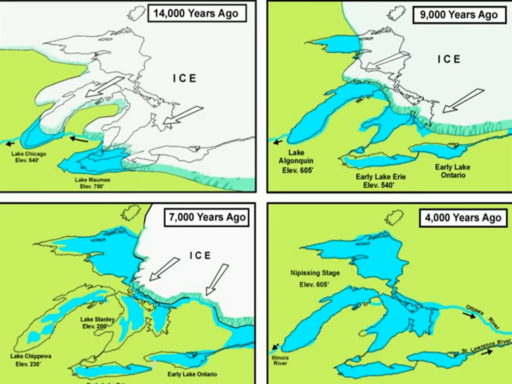Now, as we look at this map, you can see the different fingers that have come down. So when I talked about a glove and having the different fingers, it kind of looks like a glove here, but imagine this as being your Green Bay lobe. This is your Lake Michigan lobe. You got your Superior lobe. And then even within here, you can take a look at some different lobes. So these did come in, they scarred out Lake Michigan, and after they melted, they left a lot of this water behind to fill the Great Lakes.